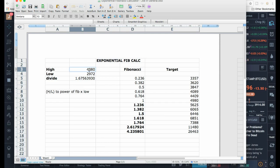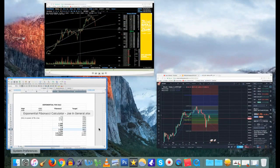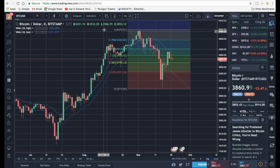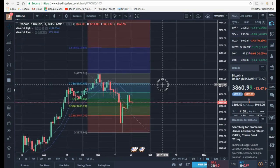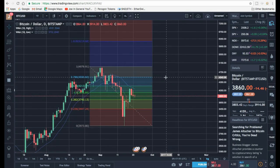But you've got the high here, 49.80, low of 29.72. It's all calculated for you, does it automatically. And we'll see here the 1.618 of $6,851 US dollars based on the Bitstamp exchange price. So that happens to coincide closer to that $7,000 mark, which I just talked about before, based on this low and this high, but also coincides much closer to the $6,800 level that Cliff High has been talking about in